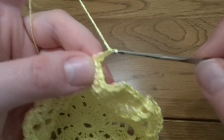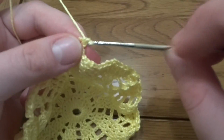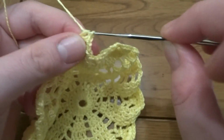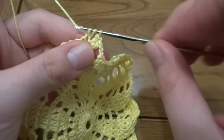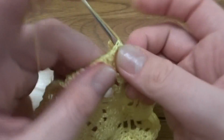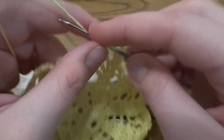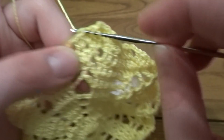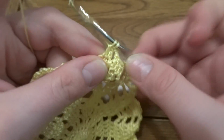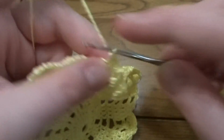Chain of 2, 2 double crochets into the first stitch, 1 and 2, 1 double crochet into the next 2 stitches, 1 and 2, chain of 2, 1, 2, 1 double crochet into the next 2 stitches, 1, 2, and then 2 double crochets into the last one stitch, 1 and 2,